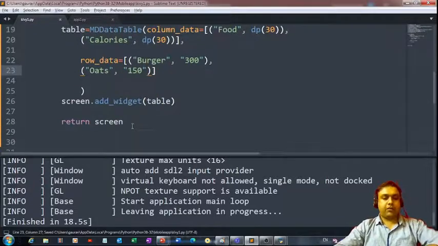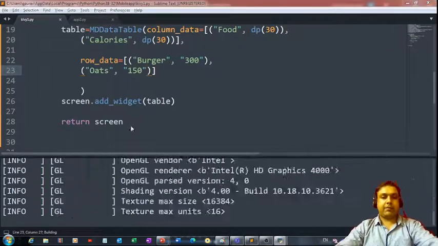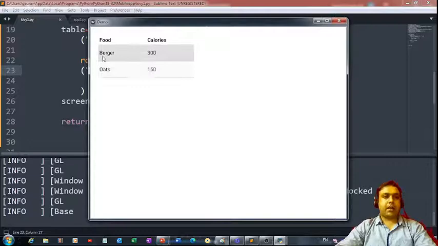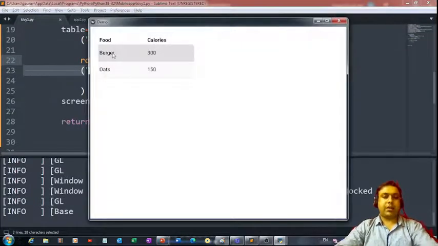Let's now save the changes and run the code and see what we are going to get as a final output. So you can see we are getting two more rows, and the data which we just entered here is getting reflected in the table. So it's now like a table, and if I bring my cursor on these rows, they are getting highlighted also, right?